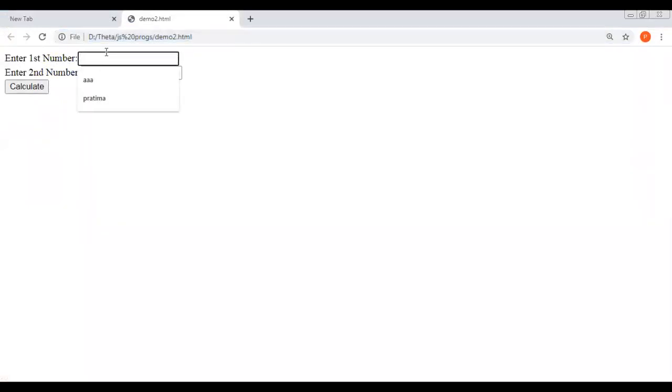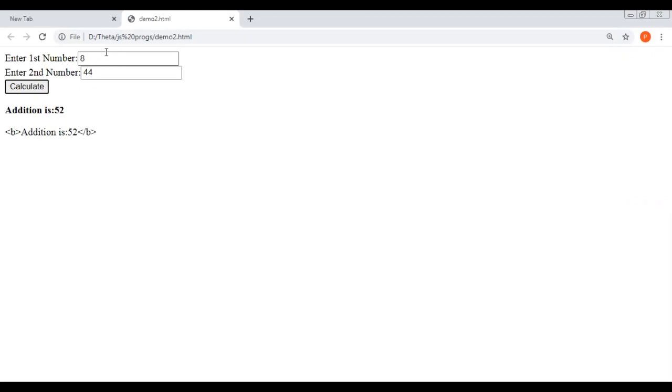So now the Google Chrome is visible to you. If I accept the numbers like 8 and 44, you can see on click of calculate, the first output paragraph displays addition is 52, which is totally correct, in bold format, just because I have applied that B tag.